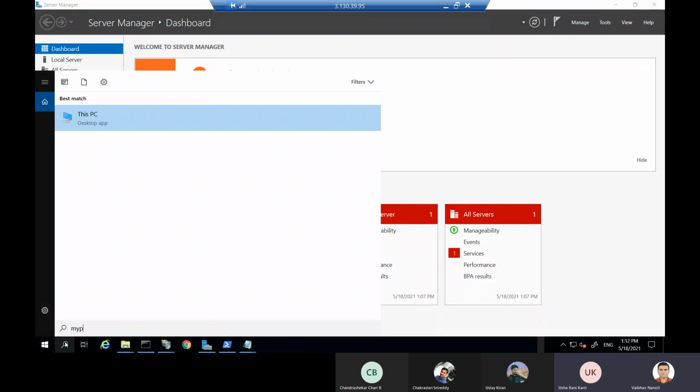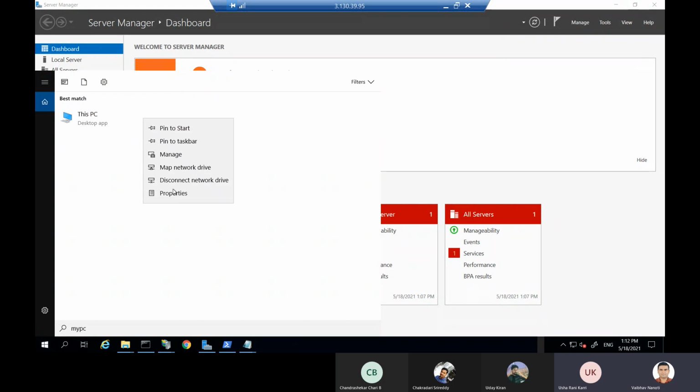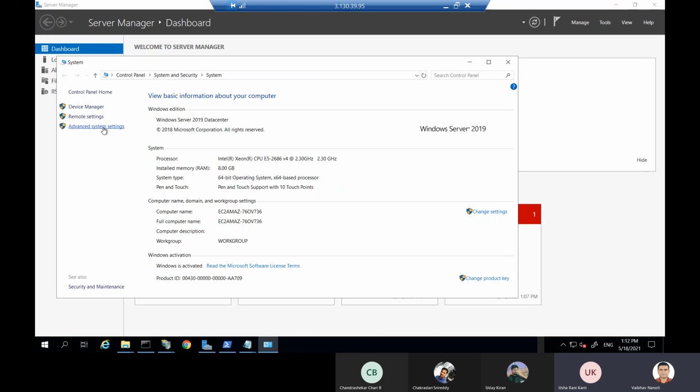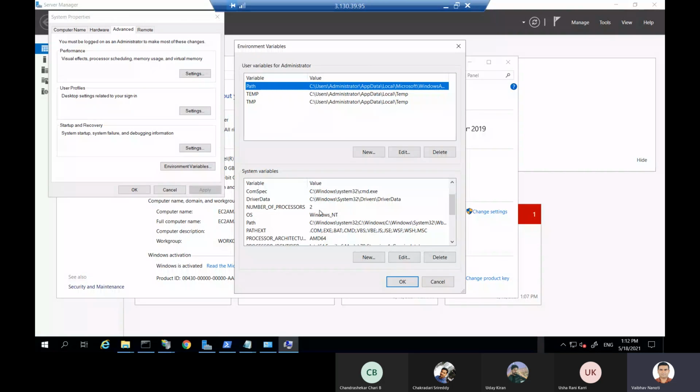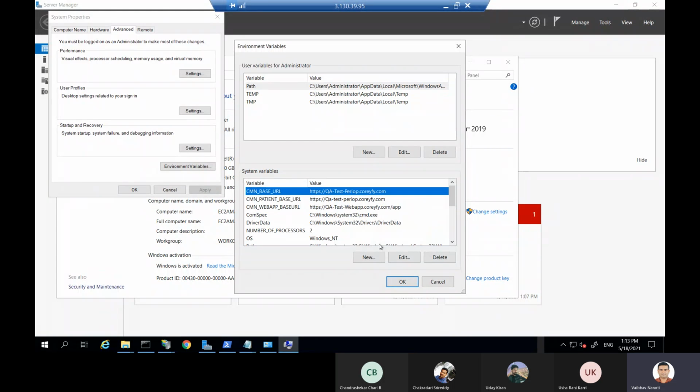Right click on My Computer, open properties, then in the advanced system settings, once you see the environment variable, you can see that this is the environment variable.